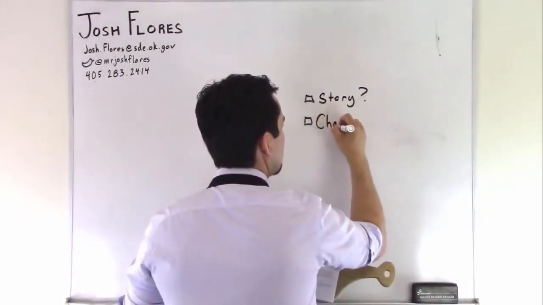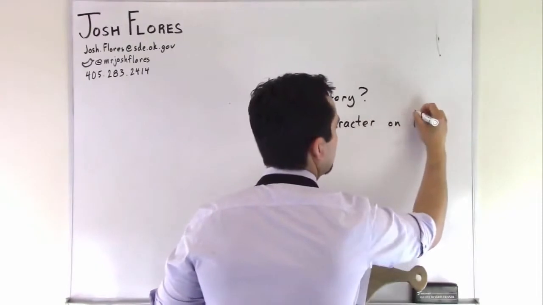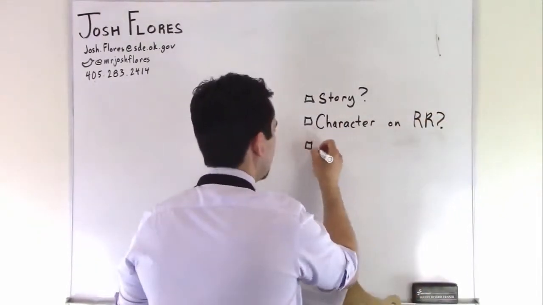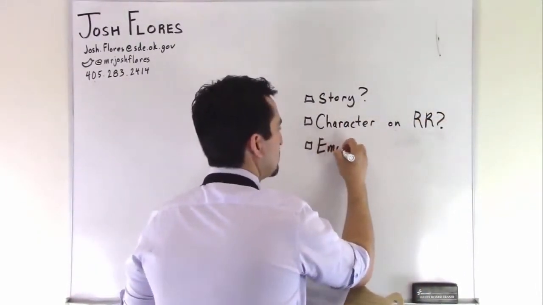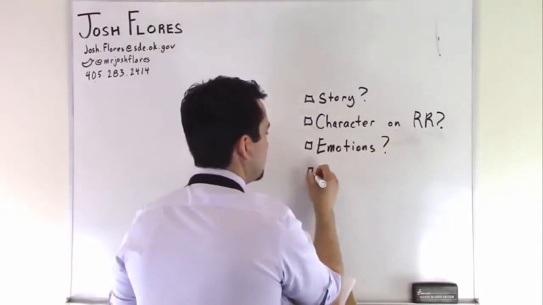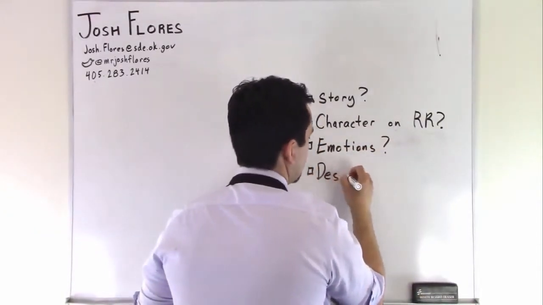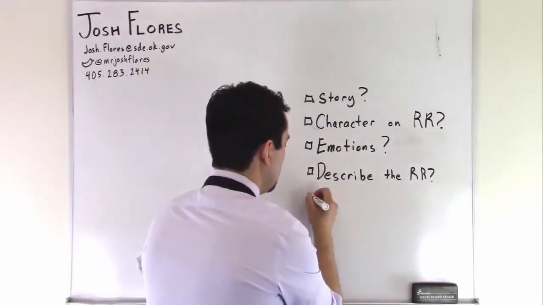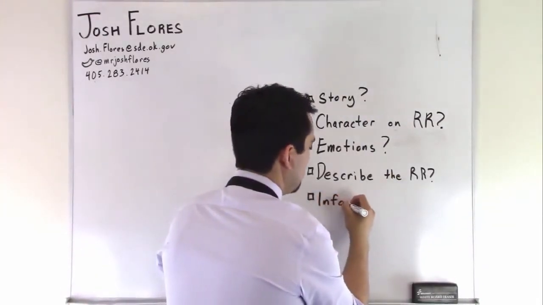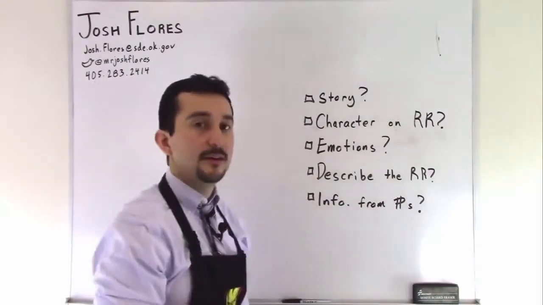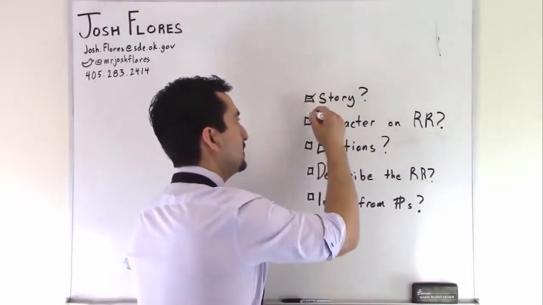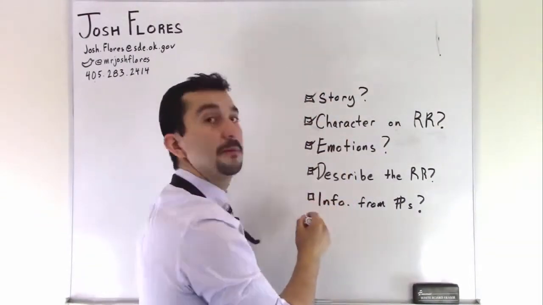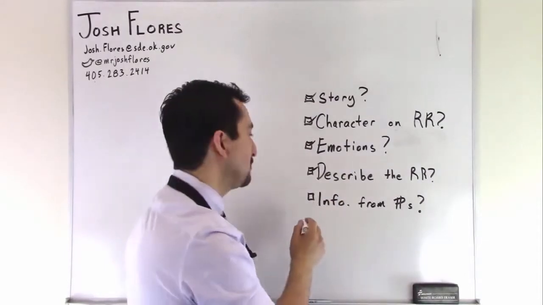Is my character on the railroad? Do they share their emotions? And does it describe the railroad from their perspective? And then, of course, does it use info from both passages? Did I include at least all these 5 elements? Yes, yes, yes, yes. Oh, no, let me go back and rewrite that so I can include more information from